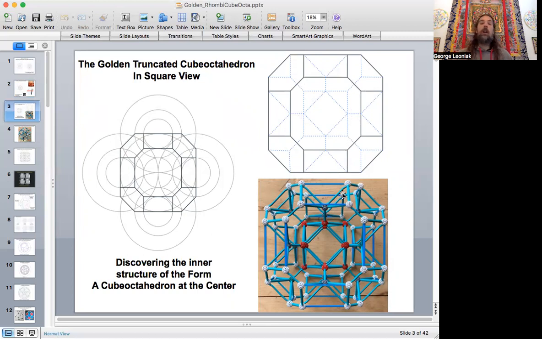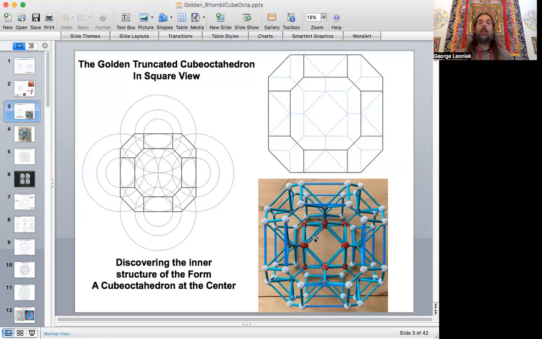form. So I was happy to also find that I could reconstruct the model out of Zoom tools and then build the inner structure so I can work with the 3D model. And as I built internally into the form, these dotted blue lines are going into the form here. It reproduced a cubeoctahedron at the center of the form. So this square with a counter-rotated square in the middle here is a cubeoctahedron, and that is it in 3